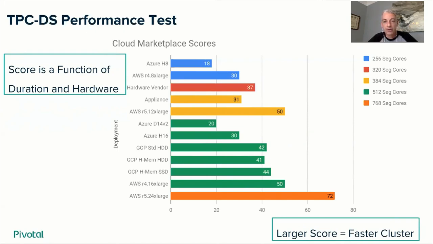So there's some hardware installations here in the red, and then right here an appliance. This appliance is an on-premise appliance using 384 cores. Compared to an Amazon R5 12X large, it's significantly faster than that on-premise installation. And you can see there are others down here, the GCP with high mem and standard memory, as well as SSD